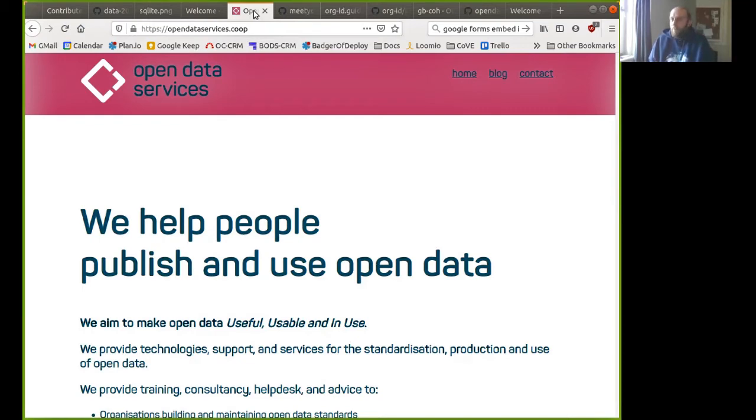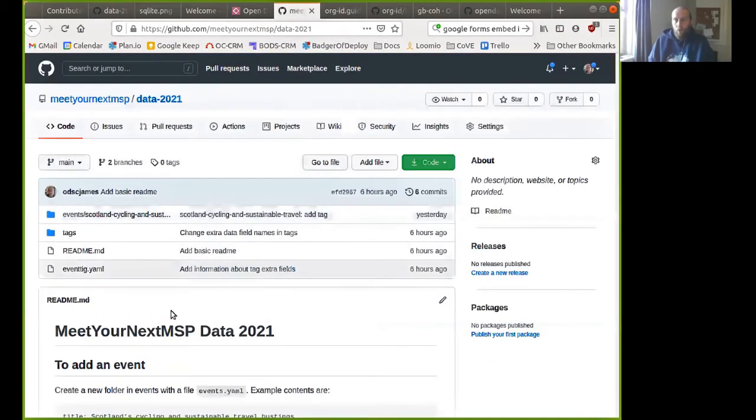Beyond the election, what we're building here is a tool for a community of people to collect listings of events in a Git repository. And that would hopefully be useful in other places too. This idea of storing things in Git isn't a new idea. This is something we actually do already.